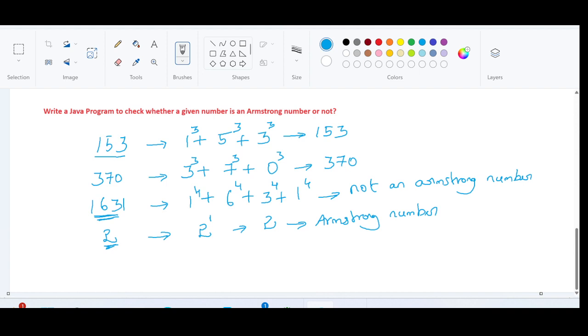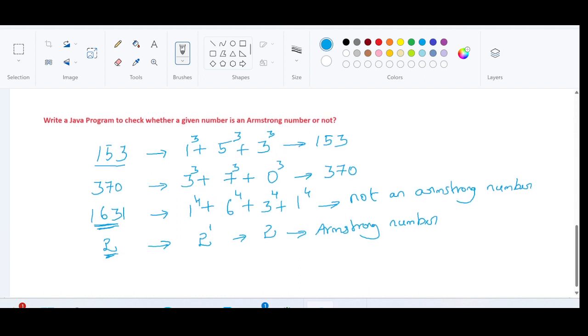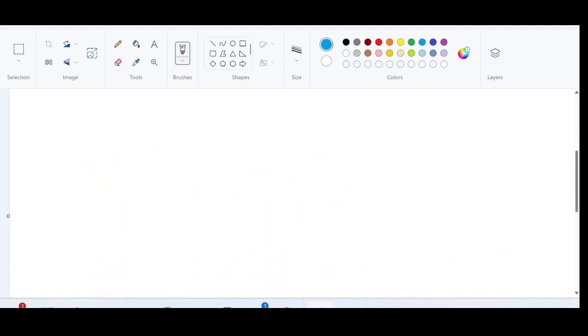Now let's understand how to build a Java code for this. Let me scroll up. We will trace for the number 153. This is the given number, so let us take a variable named num. The number 153 is getting stored in num. First of all, we have step 1. Step 1 is: please extract